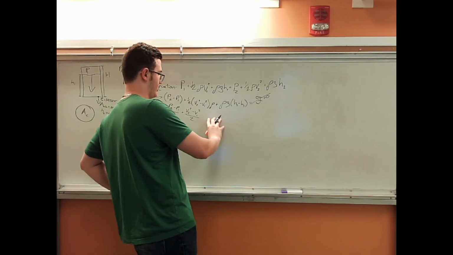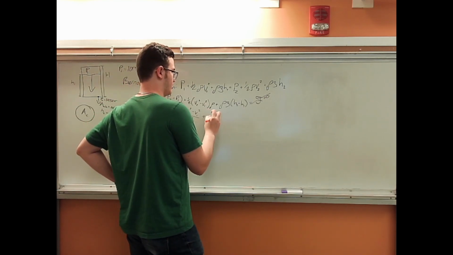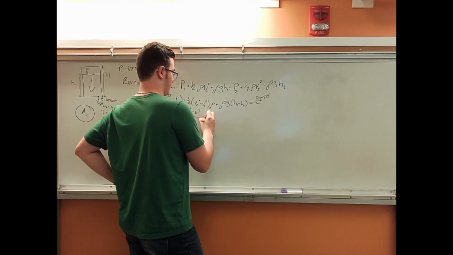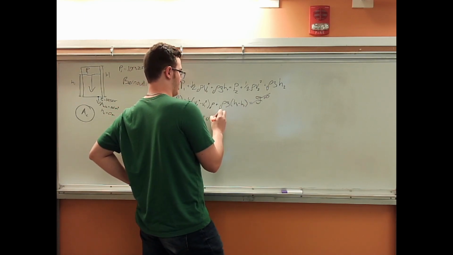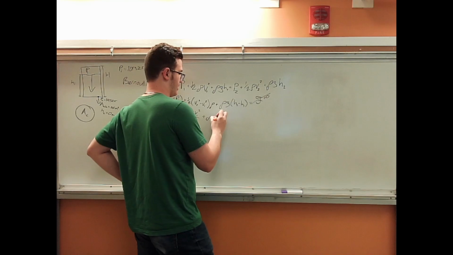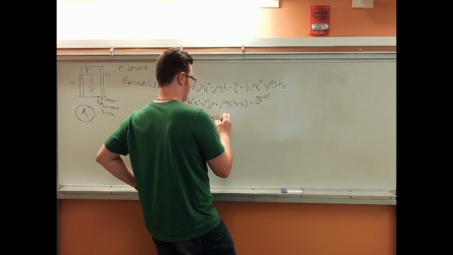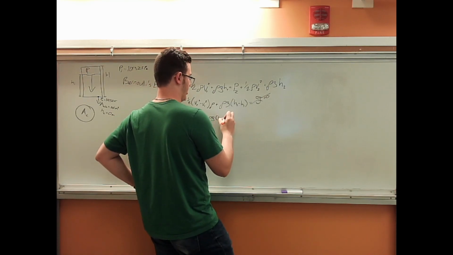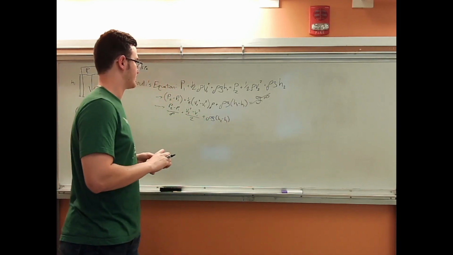This is also getting crooked. And then plus rho times gravitational constant, density times gravitational constant, times height at 2 minus height at 1, the difference in heights,